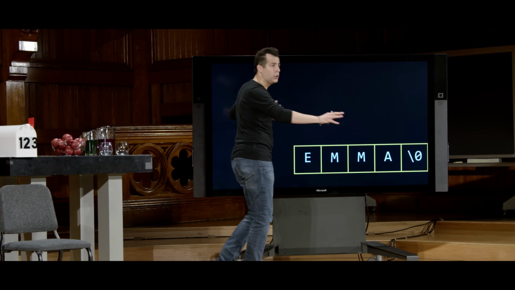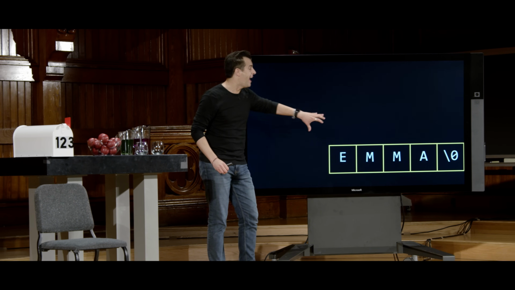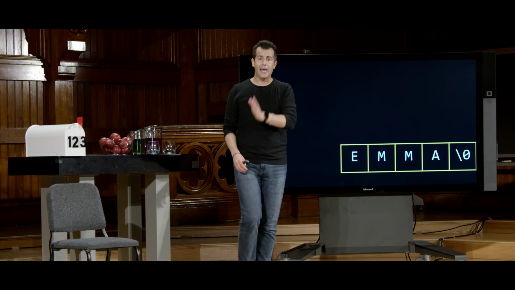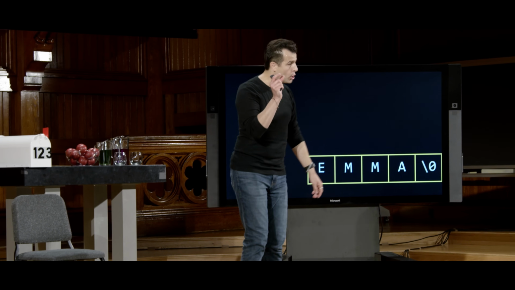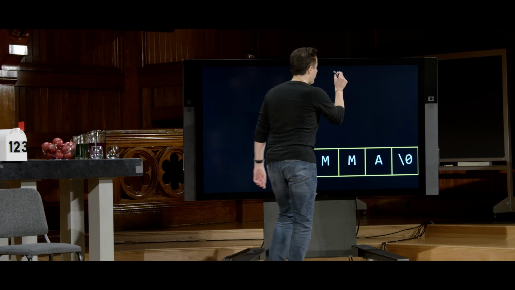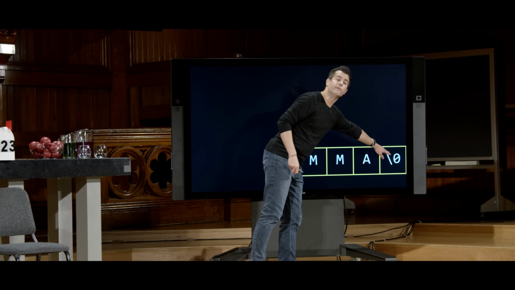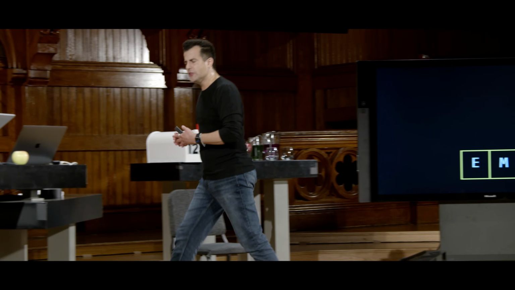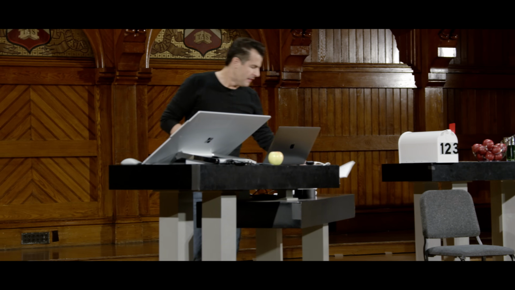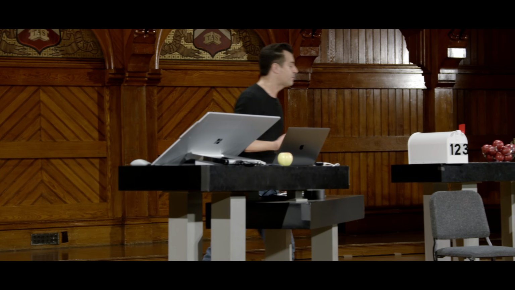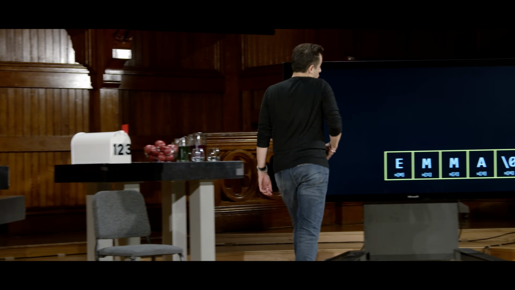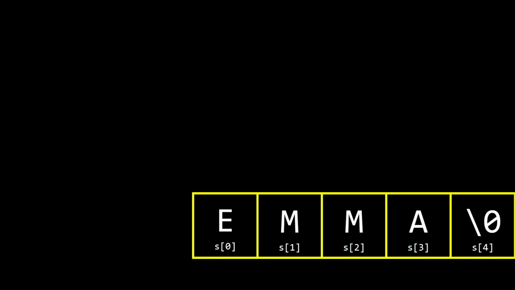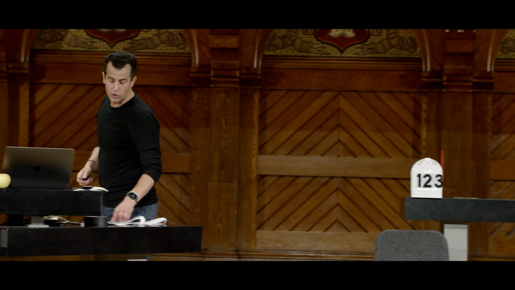Well, somewhere in my computer's memory, there are 4, nay 5 bytes storing EMMA, and then additionally, that null terminating character that demarcates where the end of the string is. This is just 8 individual 0 bits. So that's where Emma might be represented in the computer's memory. But recall that the variable in question was s. That was my string. And so that's why, over the past few weeks, anytime you want to manipulate a string, you use its name, like s, and you can access bracket 0, bracket 1, bracket 2, bracket 3 to get at the individual characters in that string, like Emma, EMMA, respectively.